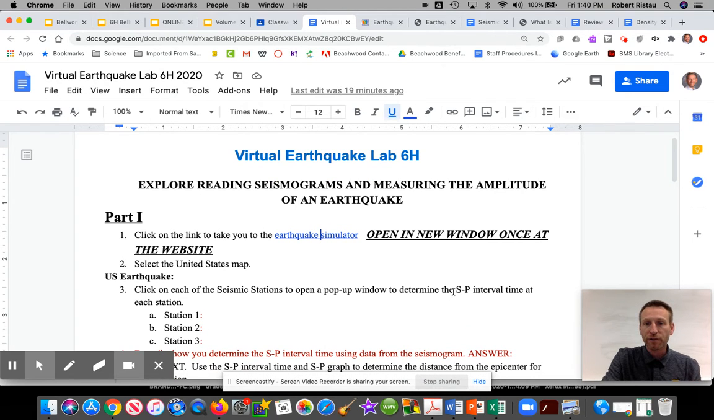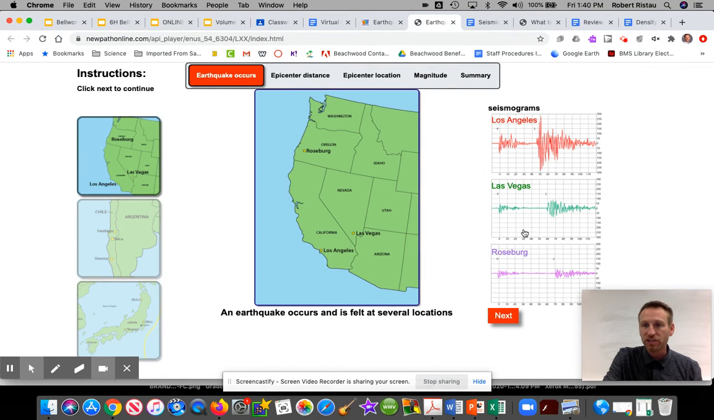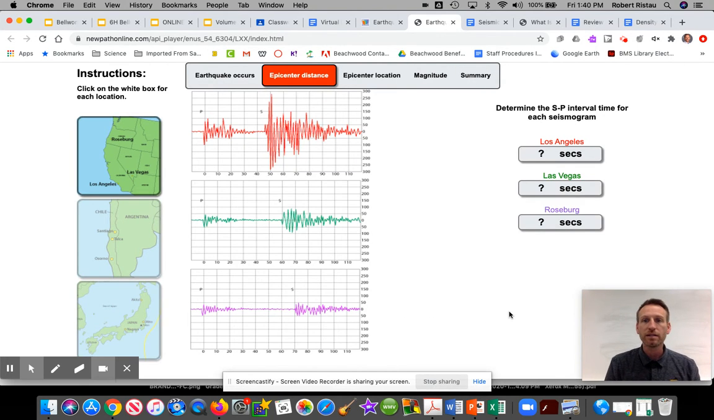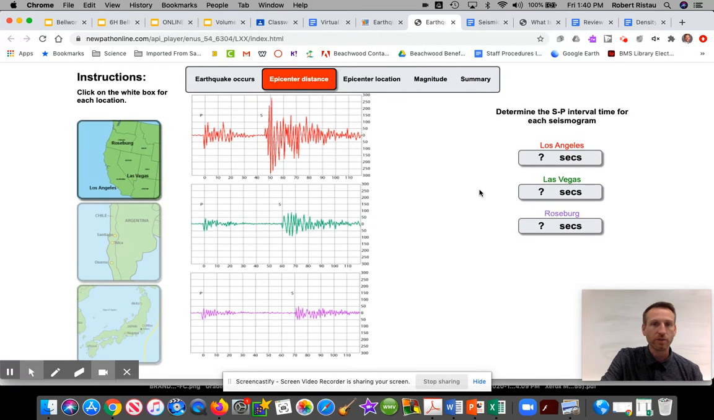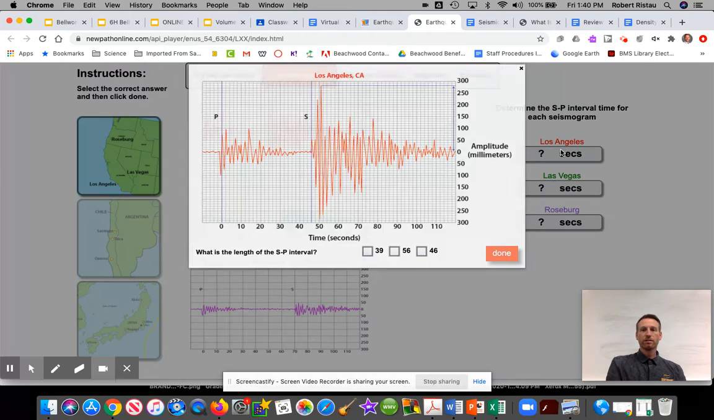How do I figure out this S&P interval time for station 1, 2, and 3? I see the 3 stations. Well, that's where you just keep hitting next and it'll get you there, okay? All right, so it says determine the S&P interval time for each seismogram, okay? So you're like, well, wait a minute, how am I supposed to do that? Well, when you click here,